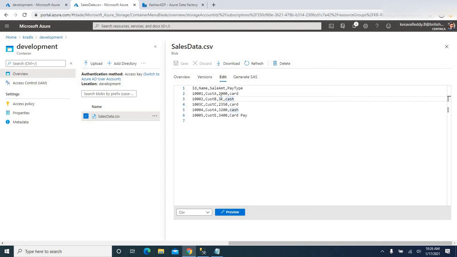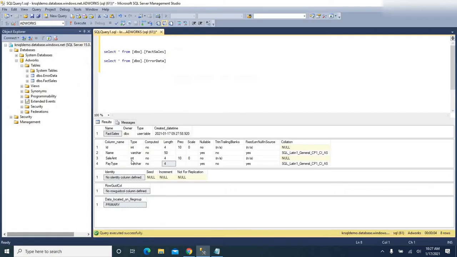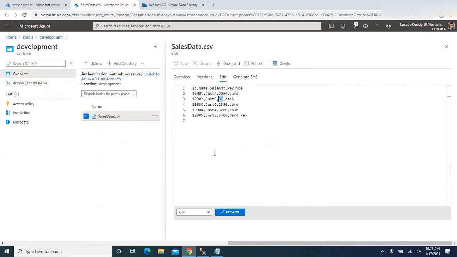The meaning of the data might be correct but the data format is wrong here, because it is not matching the data type of our target column. The sales amount allows only integer values, but here we are trying to load an alphanumeric value, that is 3k. Instead of entering a numeric value like 3000, they entered 3k. Alright, so obviously we might get an issue here.